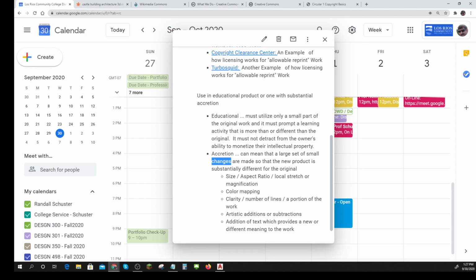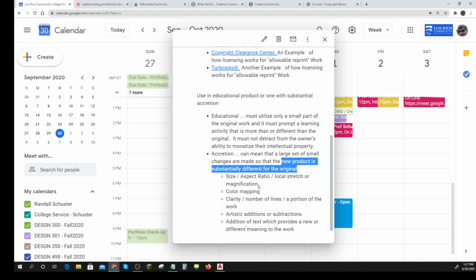So I can make a large set of small changes so that my new product is substantially different than the original. And so some things that change, and you've got to do a lot of these things. You can't just do one. But size, aspect ratio, local stretch or magnification. I'll tell you, part of this is if you're looking at it and you draw your own version and it is truly artistically different.